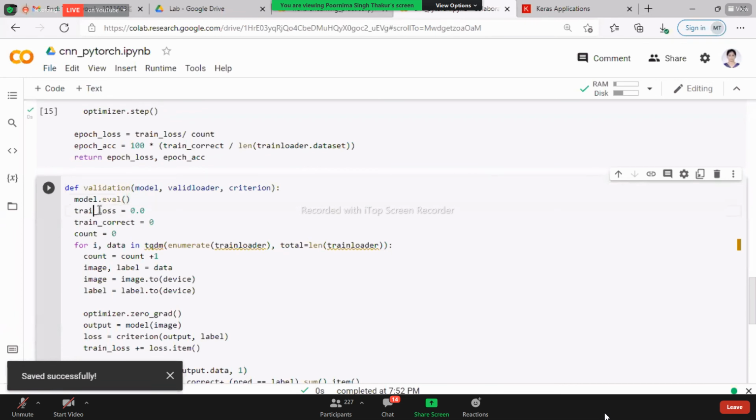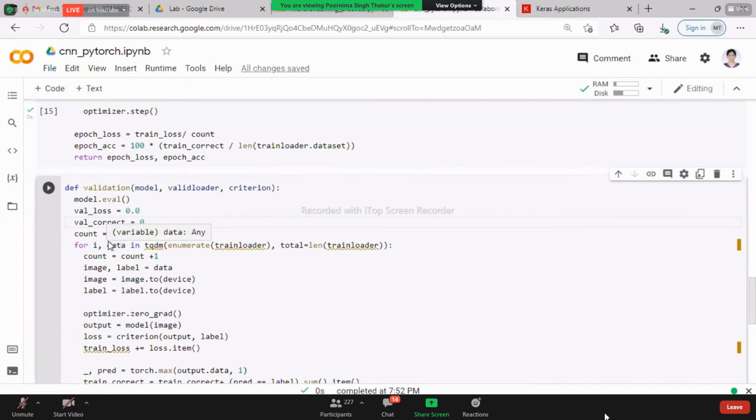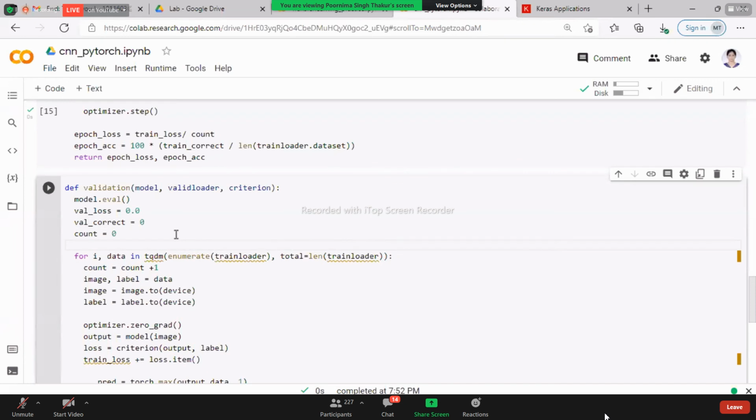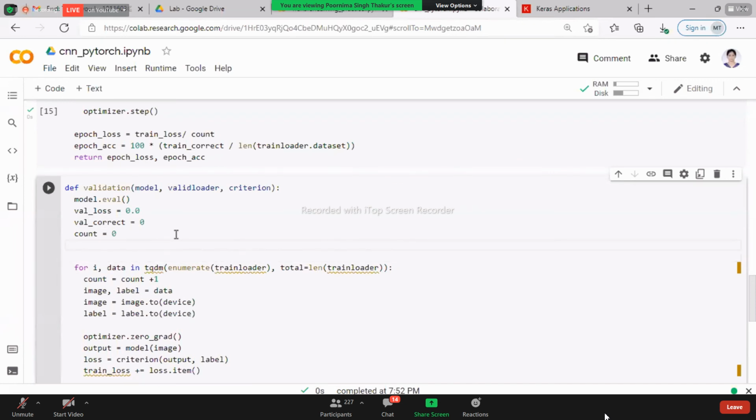Then again, in place of train loss, I'll create validation loss. Train accuracy, I'll create validation accuracy or validation correct. Counter we will use. Earlier, we have just executed the for loop, but in this case, as we don't want the model to update the gradient, we have to set the gradient as false. So for that, we are using with torch dot no gradient